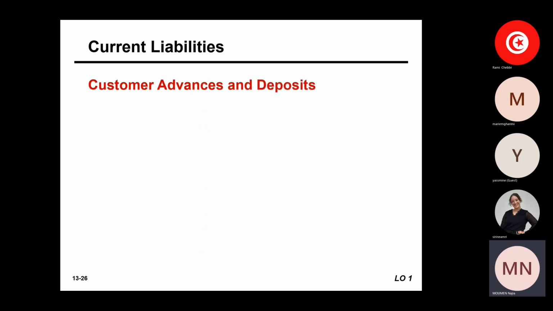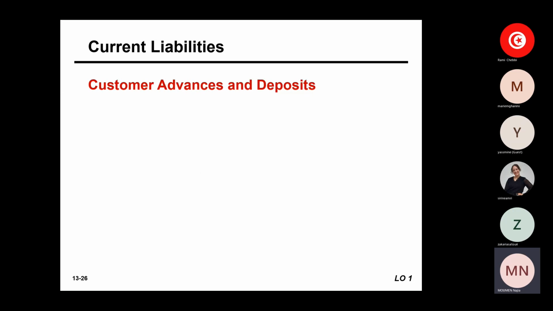Okay. Another type of current liabilities is when you have customer advances and deposits. Sometimes, of course, you receive cash from customers and employees, maybe as securities for goods that you deliver, or for an amount that you will be paid. For example, a customer that will be purchasing a product or service and will be making installment payments. So you will, for example, get a cash deposit from that customer as a guarantee regarding the payment of the entire amount.